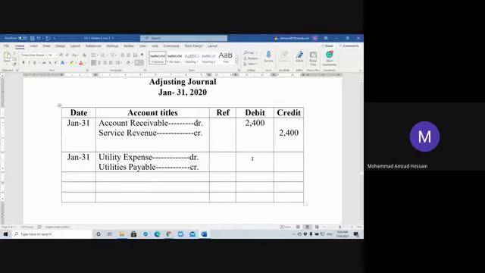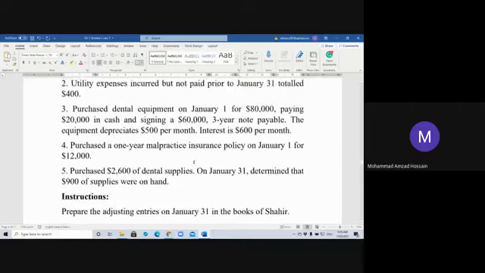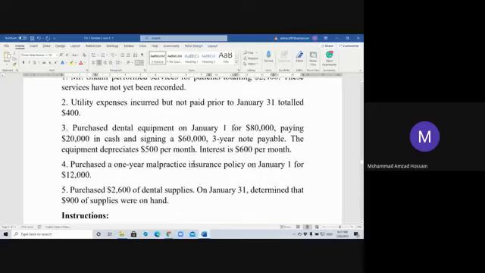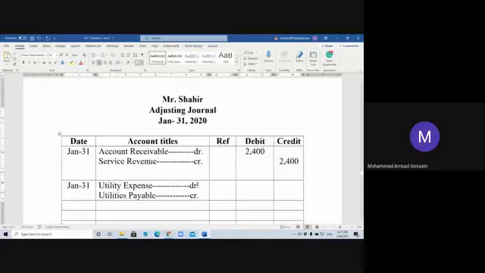Credit. What will be the amount? 400 টাকা। 400. হ্যাঁ।